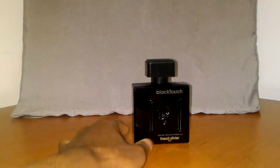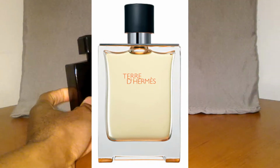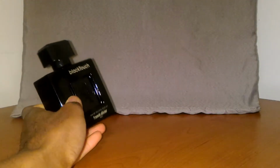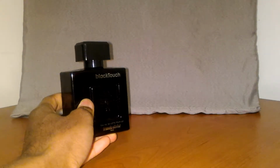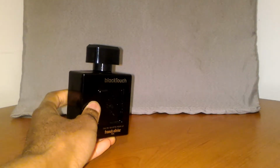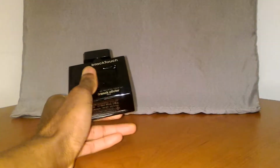A lot of people compare this to Terre D'Hermes and Encore Noir. Now, Terre D'Hermes, I know that smell. It basically opens up with a dirty, not a dirty, but an overripe orange, which then transitions to kind of a dirty, earthy smell, almost like a rooty soil type smell. And this,